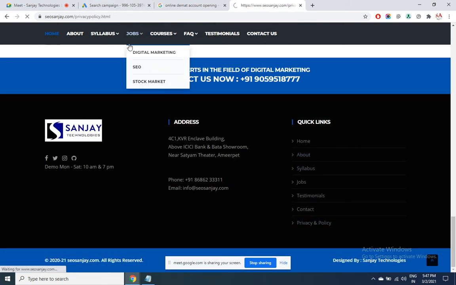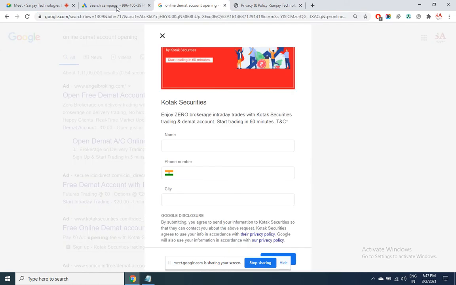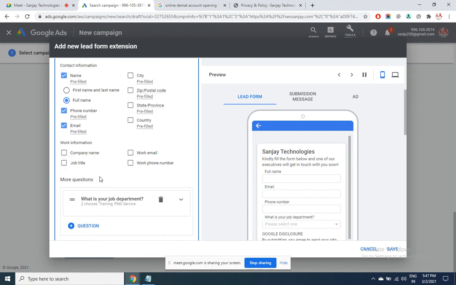I told you this is ready-made content which you get from various websites, and this is mandatory from an ads perspective. So this is a privacy page you have. Background image, better to use some logo and all that, only then it would look more professional. It is optional, I'm skipping it.